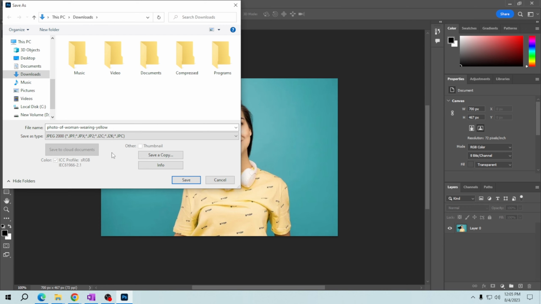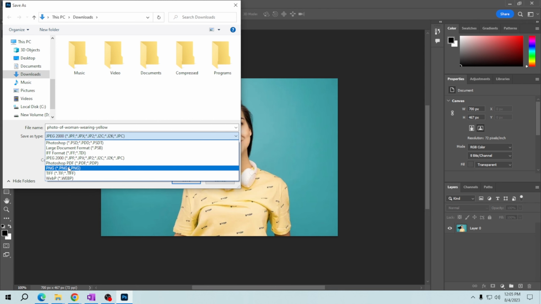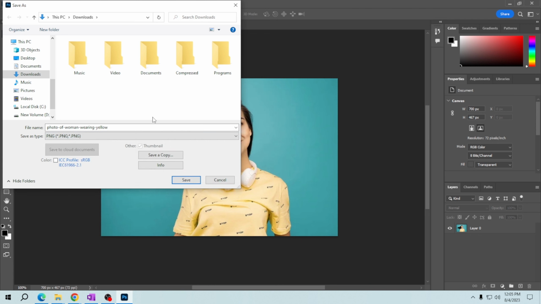This format is perfect for photographs and images where you want a good balance of quality and file size. So if you need to preserve transparency or want higher quality, we'll save it as PNG. Select PNG from the Format drop-down menu. Don't forget, if your image contains transparency, make sure to check the transparency box to preserve it in the PNG